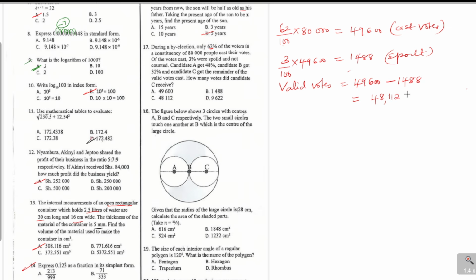So now these are the actual valid votes. And this is what you're going to use in our calculation. Now, candidate A got 48%. So it will be now 48% of the valid votes. So 48 over 100 times 48,112. So that will give, so candidate A was able to get